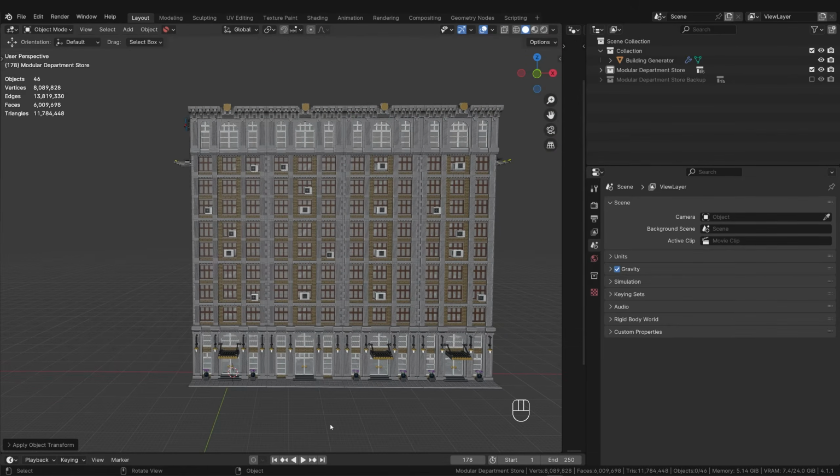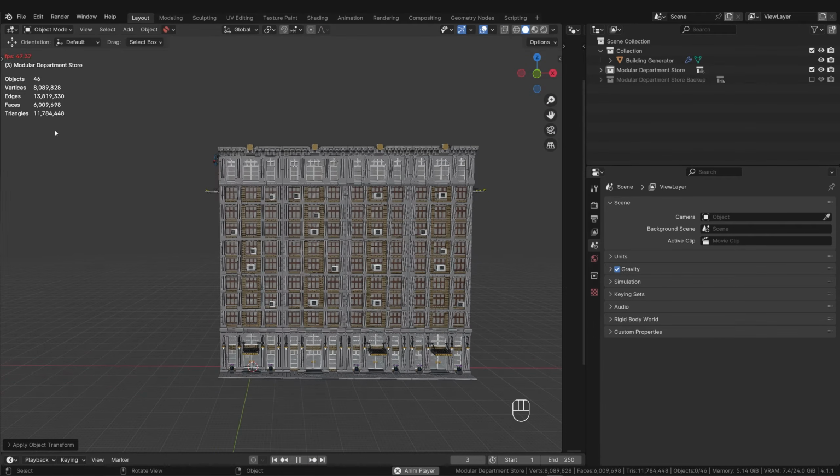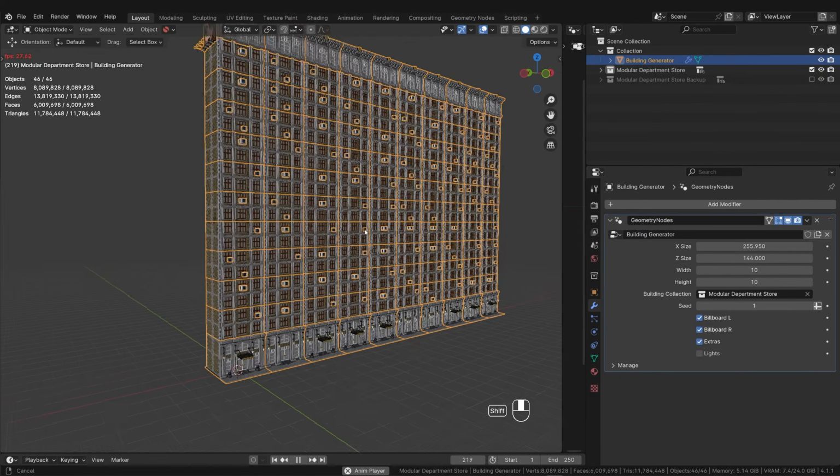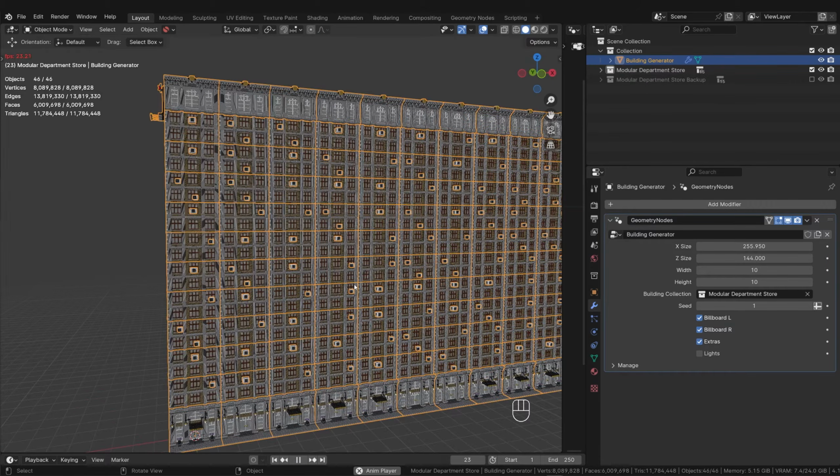A complete building generator that only consists of a few objects and runs super smoothly. The interface also works perfectly and without any long delays, like it did when we used the Realize Instances node. Guys, I'm telling you, this is pretty revolutionary.